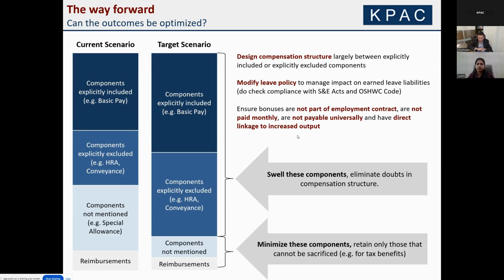What may seem like an optimization today may become a litigation tomorrow. So please be very careful and mindful in how you go about restructuring this. Please do remember that when the government came out with this definition of wages, it did so with the intent of increasing the social security components, and we should keep that in mind. Of course, we should optimize to whatever extent we possibly can and mitigate the impacts. But we should keep in mind the sense of balance and proportionality in doing this restructuring.